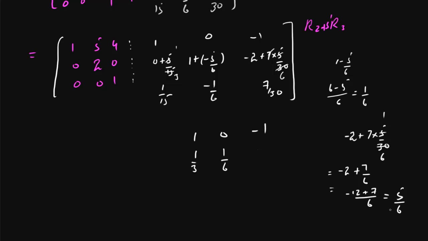And that will come with minus sign because it is the greater sign. Now minus 5 over 6, and in bottom we have 1 over 15, minus 1 over 6, and 7 over 30,